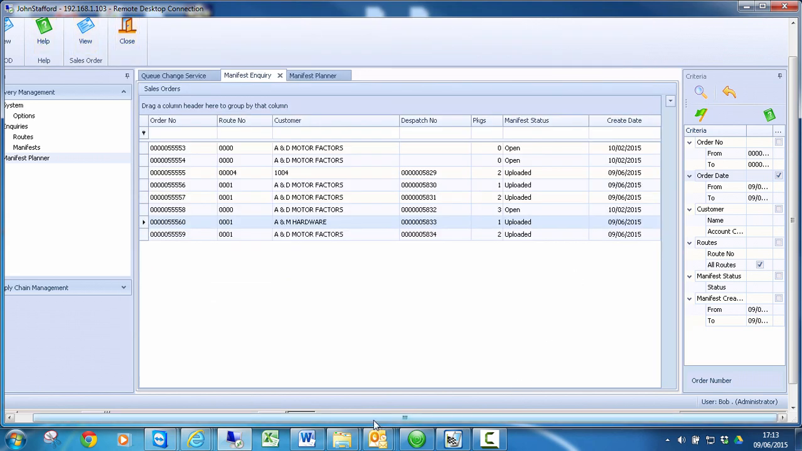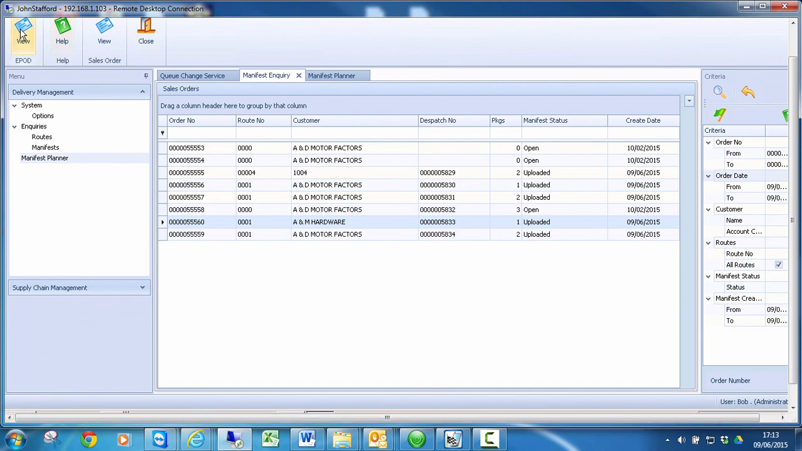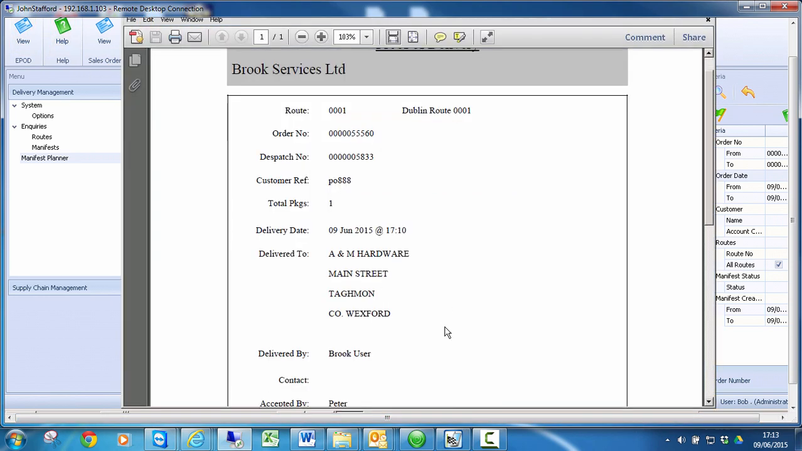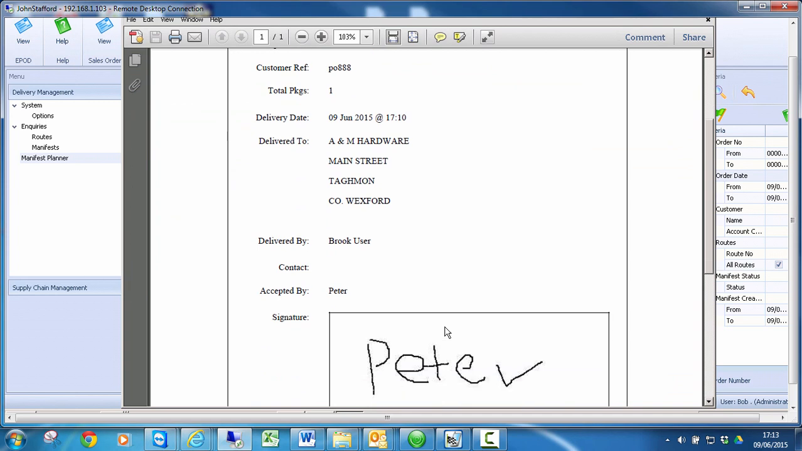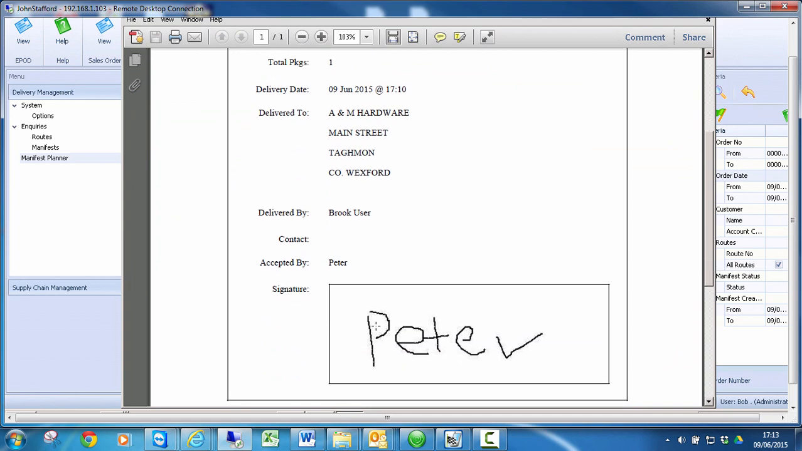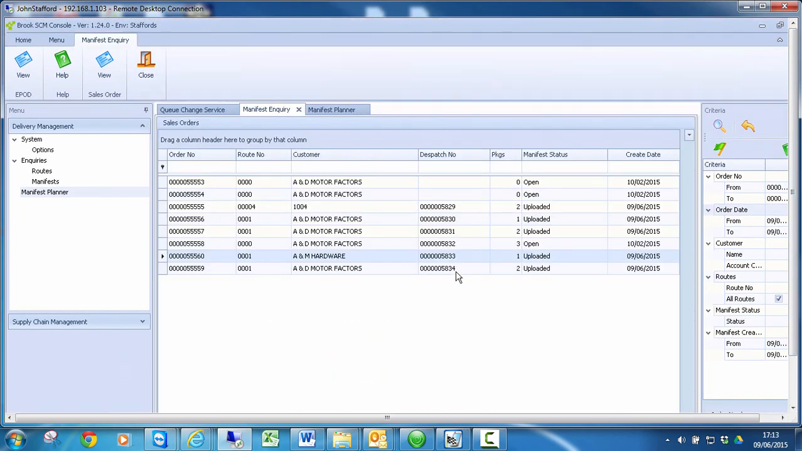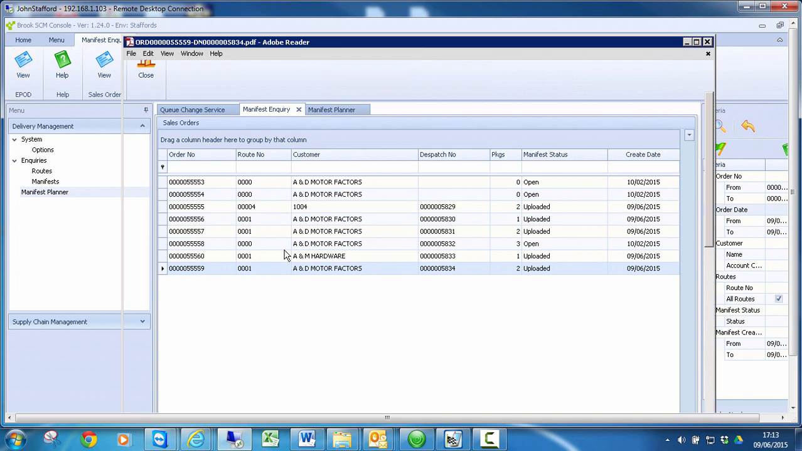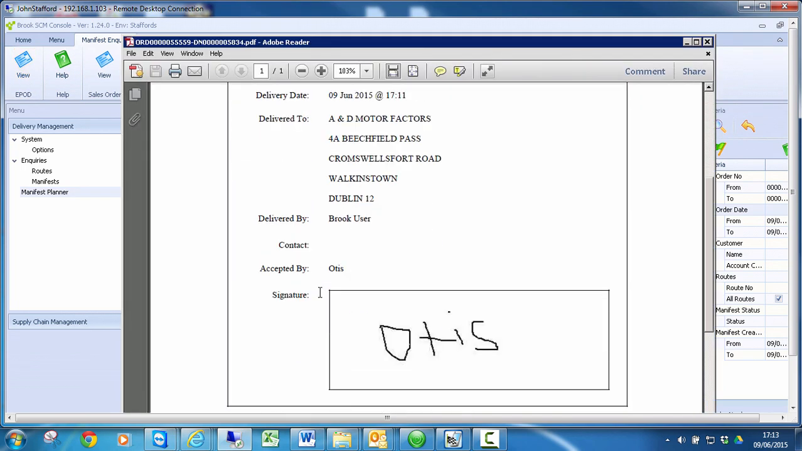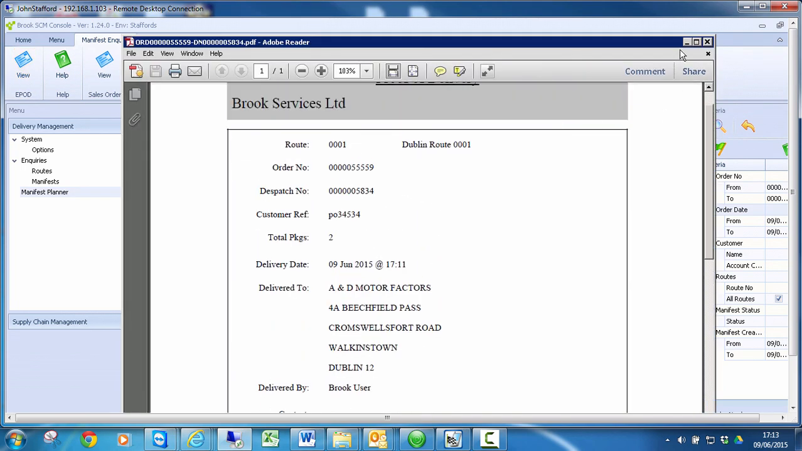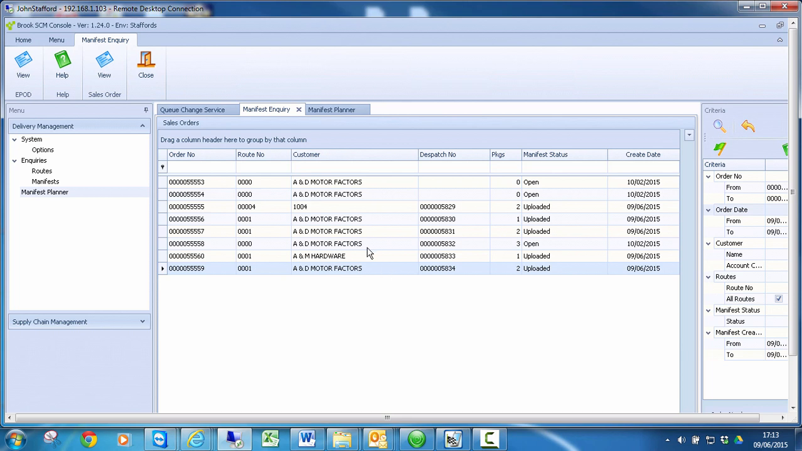And we can also, if we scroll back across to here, go to the EPOD. So in here we get the various pieces of information, and including that will be the signature. So this is the piece that we can look back on if we need the proof. So we have Peter, and the second one that we had in here was for Otis. That is now successfully completed and is available in-house for other